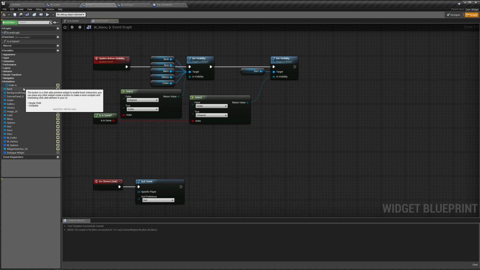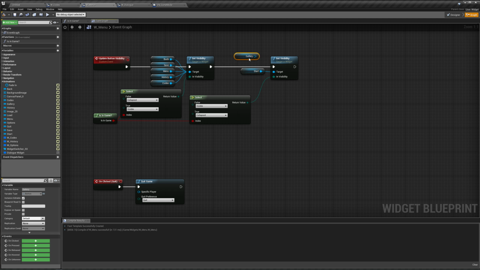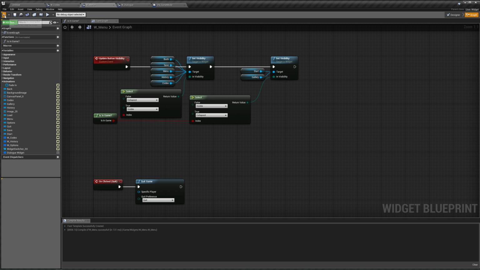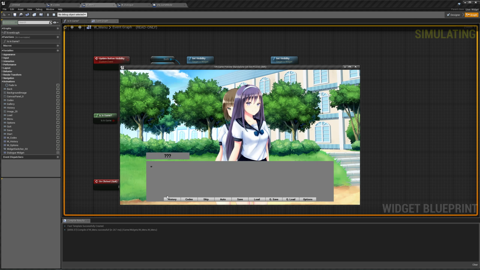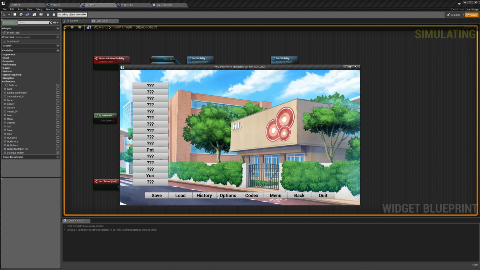And I also forgot to deal with our gallery button. This gallery button is only going to be visible if we're not in game, so we're going to connect it to our second set visibility. So let's try that one more time. Start, go to our Codex. We can